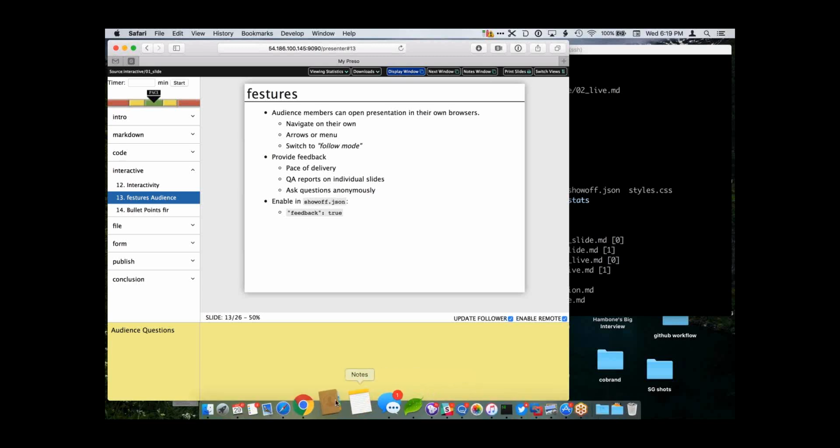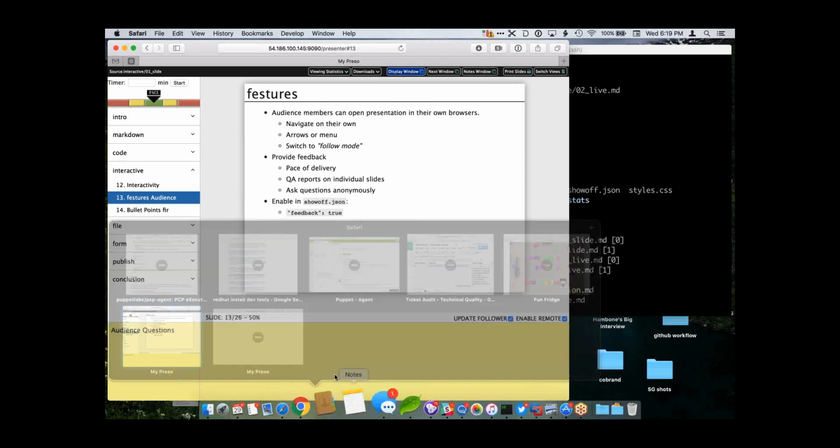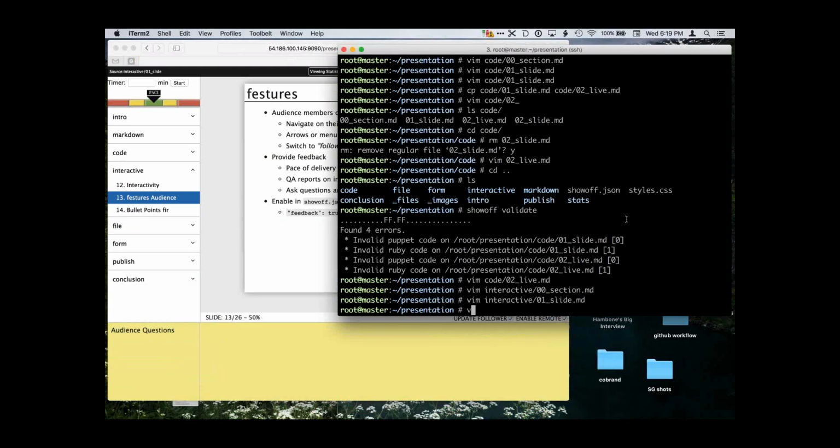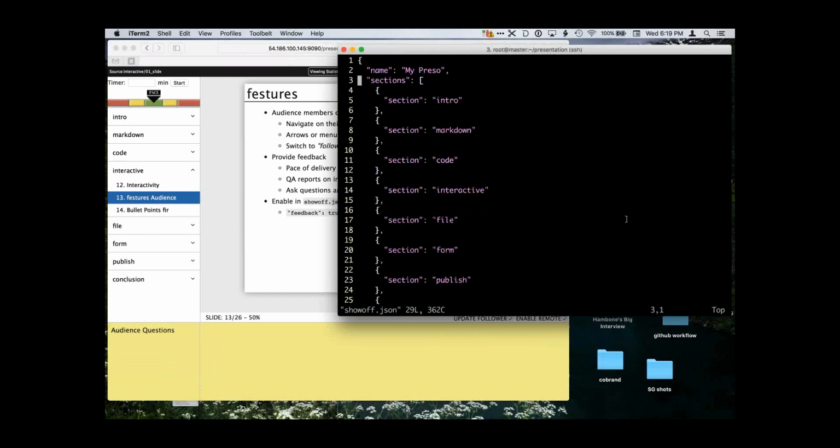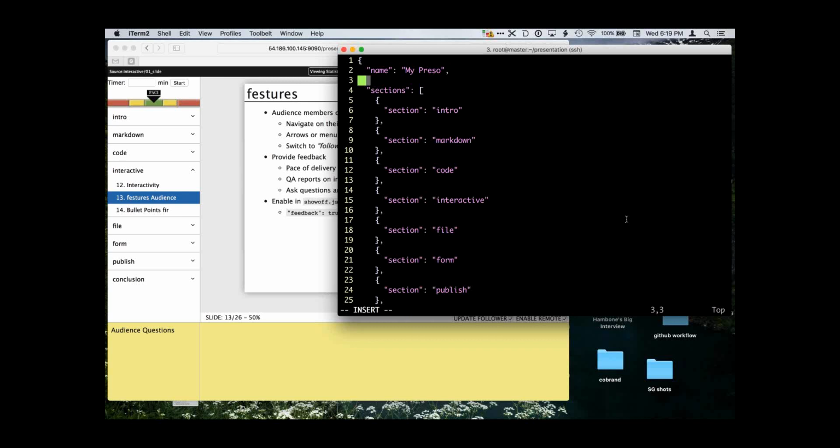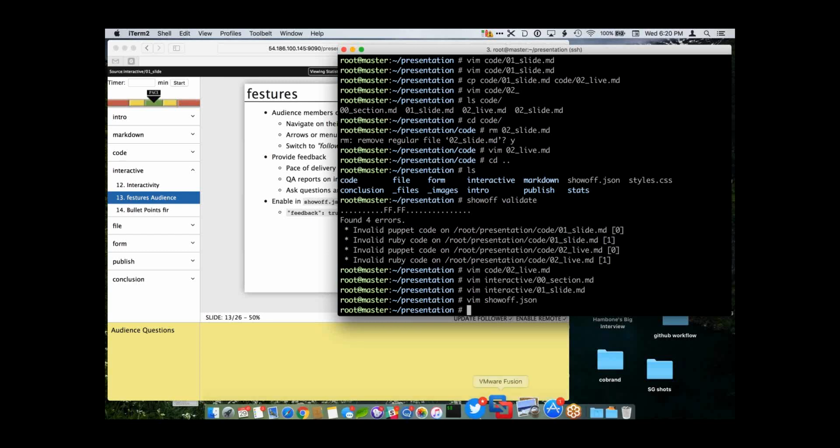But it won't do that right out of the box. You have to enable it. And we do that by setting feedback true in our showoff.json.